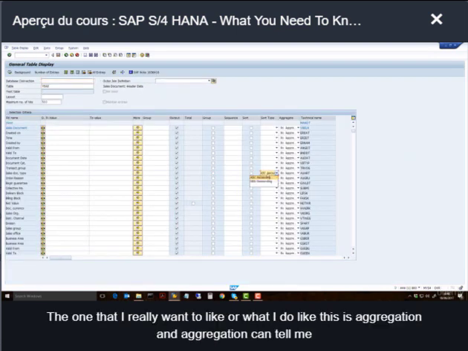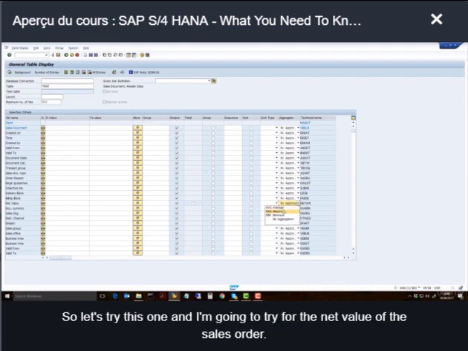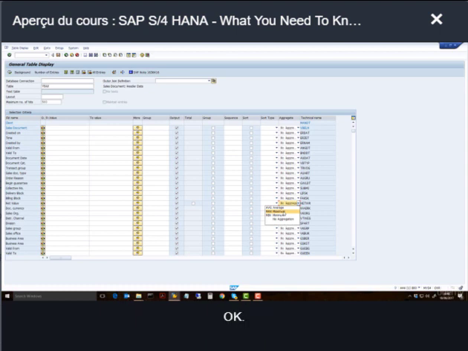The one that I really like, or what I do like, is this aggregation here. Now, aggregation can tell me for a particular entry what is the maximum value, what's the minimum, what's the average value. So let's try this one, and I'm going to try it for the net value of the sales order. Okay, so I'm going to choose